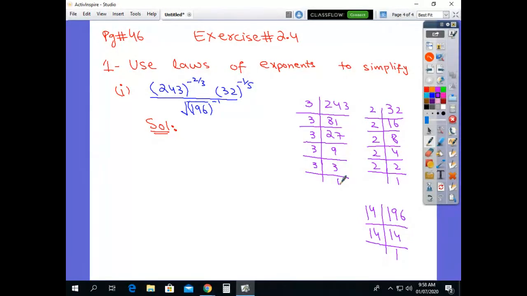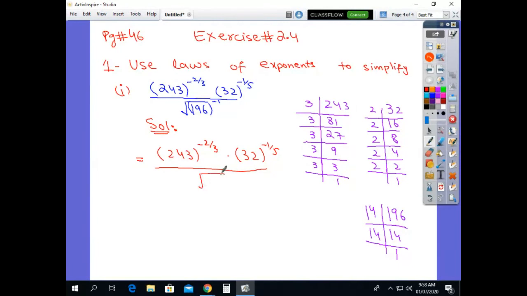Now we start to solve our question. The first step is that we change the powers from negative to positive. First of all, we write the question again, that is 243 raised to power negative 2 by 3, 32 raised to power negative 1 by 5,